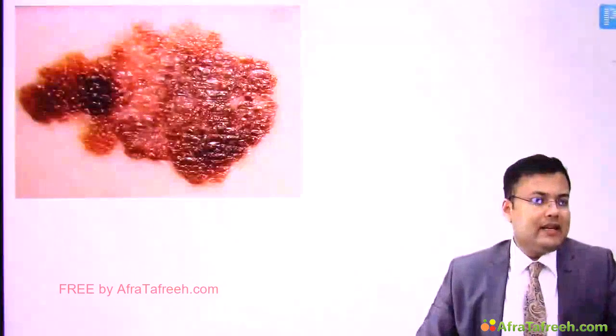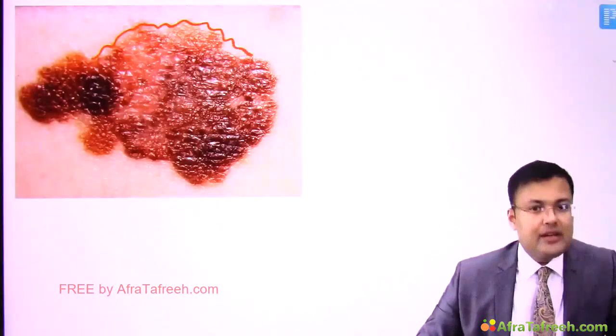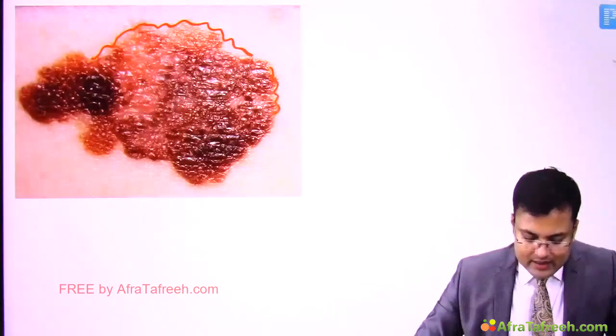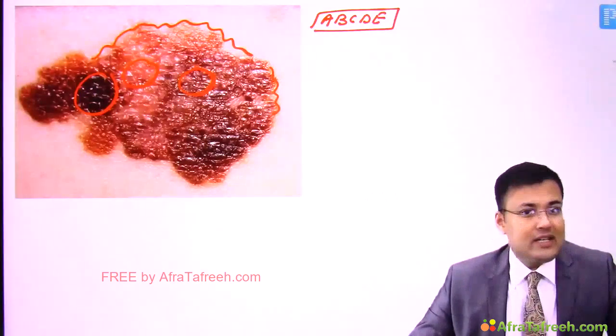Now see how malignant melanoma looks. It is characterized by A, B, C, D, E. A means asymmetry. Can you see? Asymmetry. B means border irregularity. C means, can you see this color, and this color? There is color variation. D means diameter of more than 6 mm. And E means evolution of size, shape and color. So this question was asked in both AIIMS and NEET, and the question was, which of the tumors is characterized by A, B, C, D, E? So A, B, C, D, E is used for description of malignant melanoma.